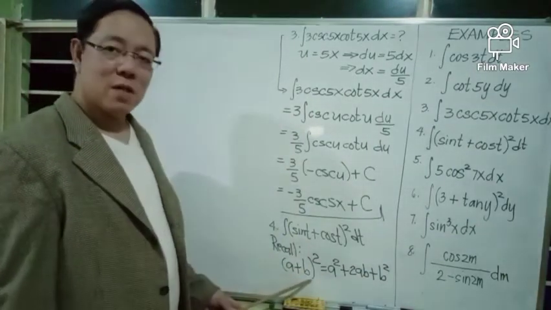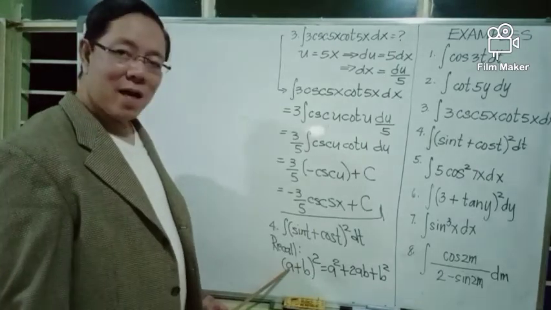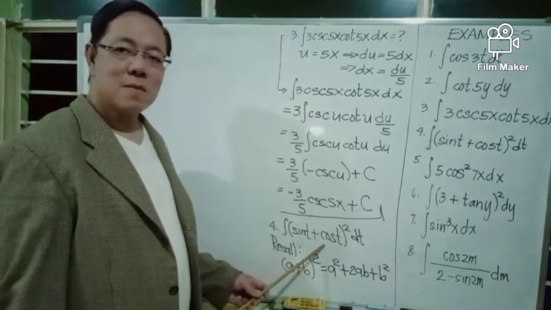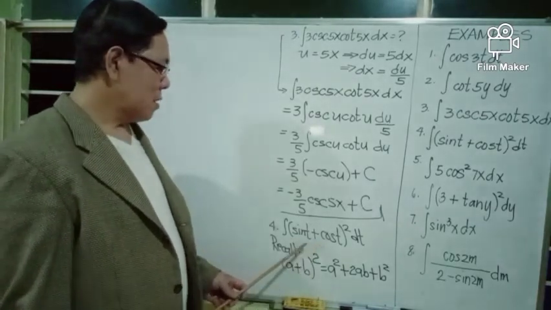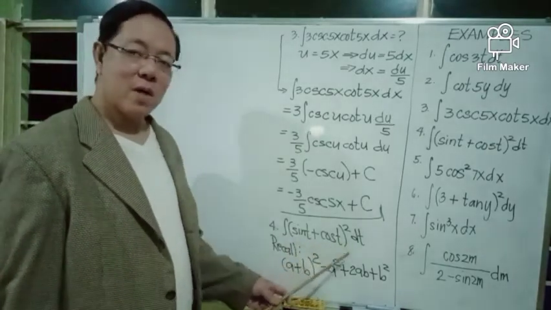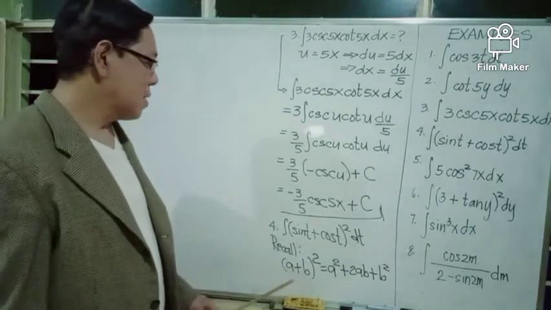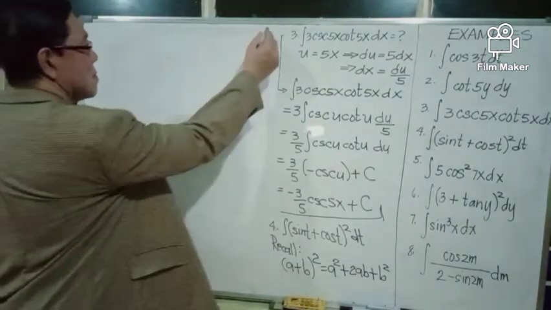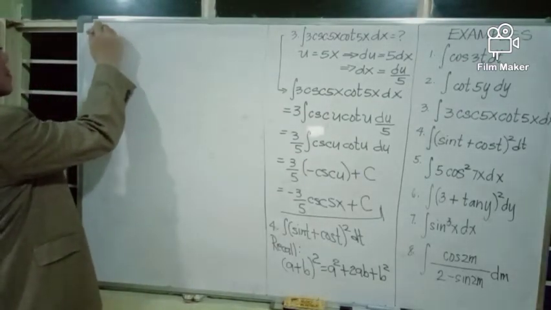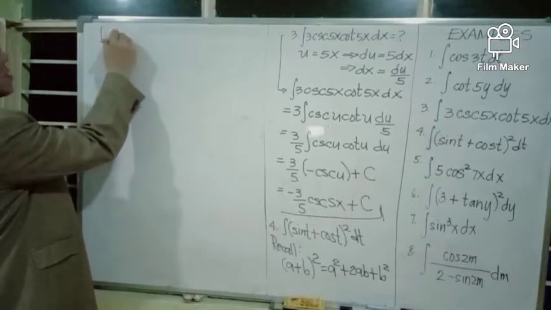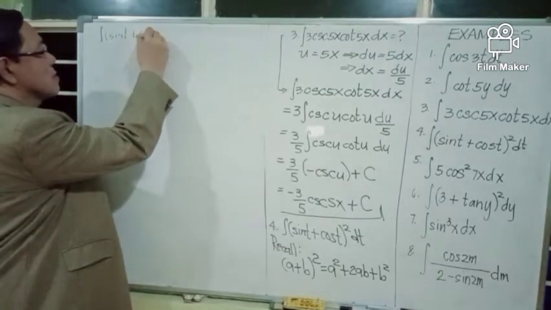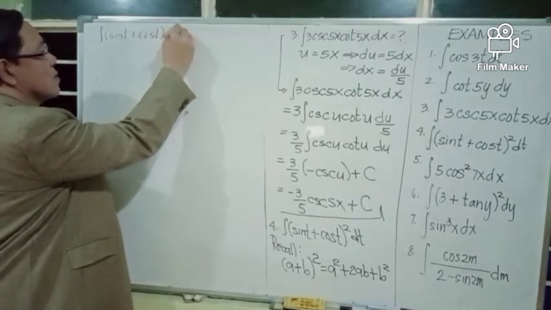In this special product rule, our A in the given integral is sine t and our B is cosine t. Hence, we write the expansion of (sine t plus cosine t) squared using this special product rule. Now, the integral of (sine t plus cosine t) squared with respect to t